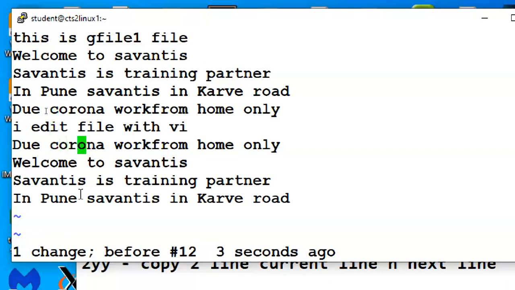Two words means this word and the next word. Otherwise, what happens? For example, if I am in the middle of a word and type 2dw, then it is deleting from the cursor onward only. Okay, no problem. Depends upon your requirement. It's not a mistake or anything.